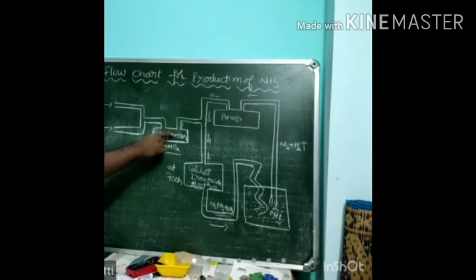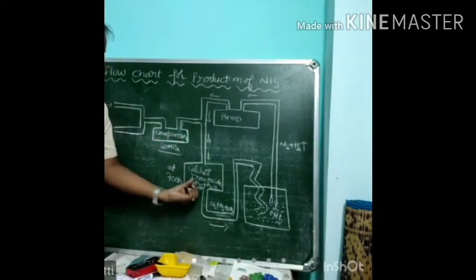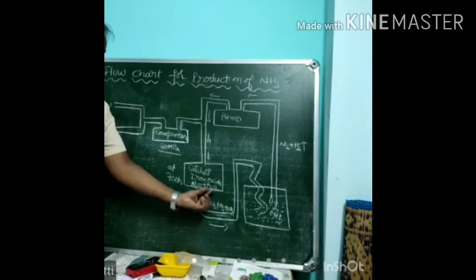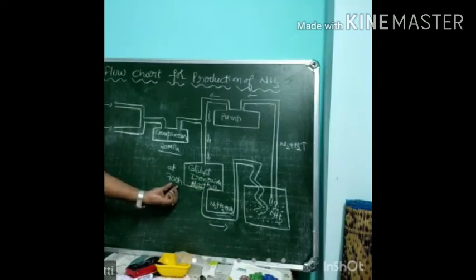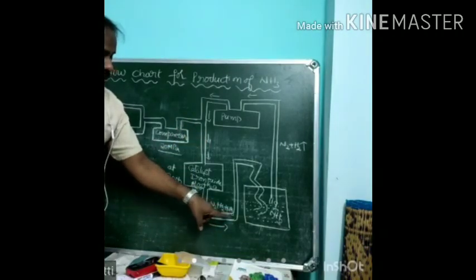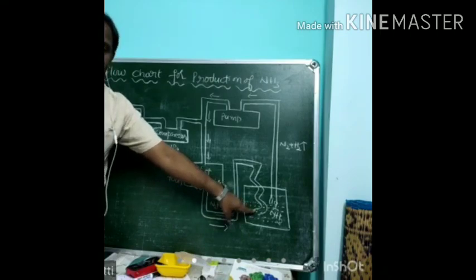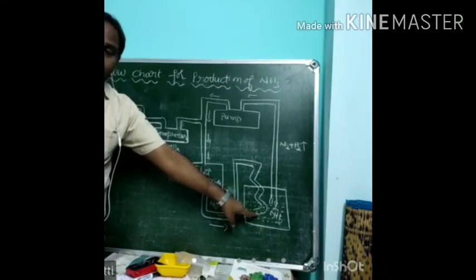Now the compressed nitrogen and hydrogen gases are passed to the catalyst chamber. In this chamber, the catalyst is there, that is iron oxide, Al2O3 and K2O, and the temperature is maintained at 700 kelvins. At this high temperature and in the presence of the catalyst, the compressed nitrogen and hydrogen combine with one another and are converted to ammonia. That ammonia is present in the form of liquid.